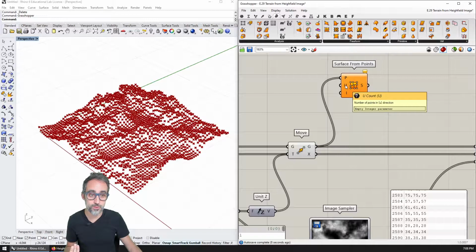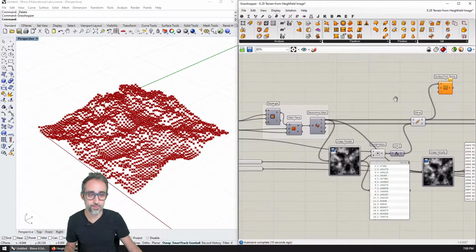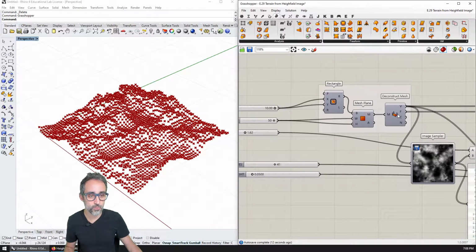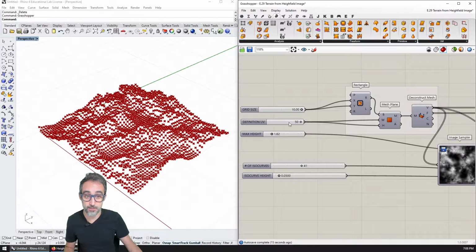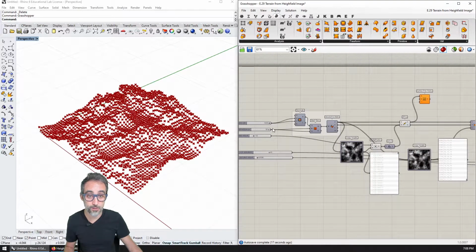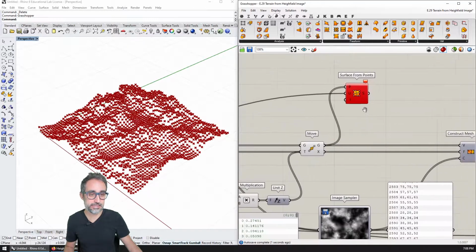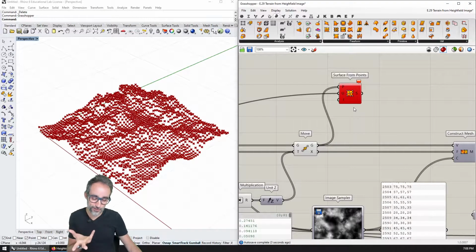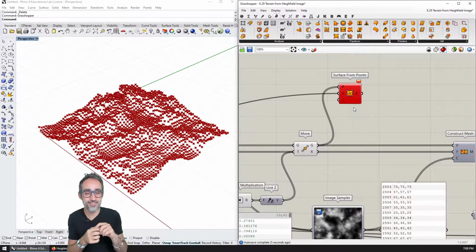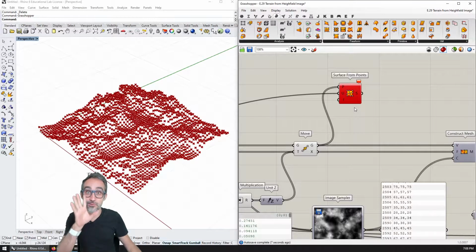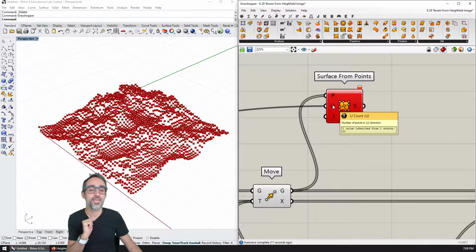And then U is going to be the number of points in the U direction. We know that we divided the mesh in this many U points, so I'm going to plug this in here, and it did not work. It did not work because I made a tiny mistake: we need to always read the fine print, okay? The fine print is that U is asking me for the number of points in the U direction.